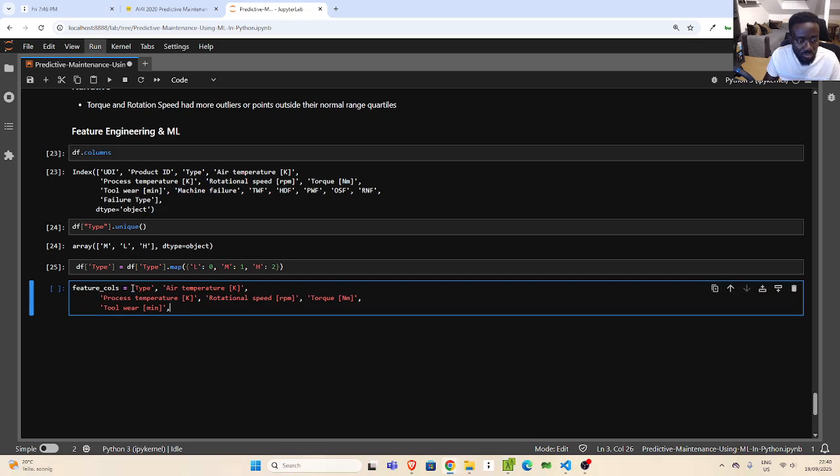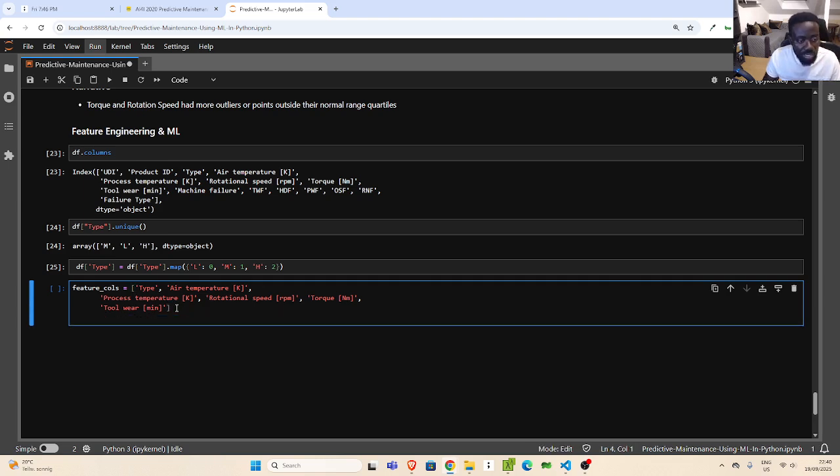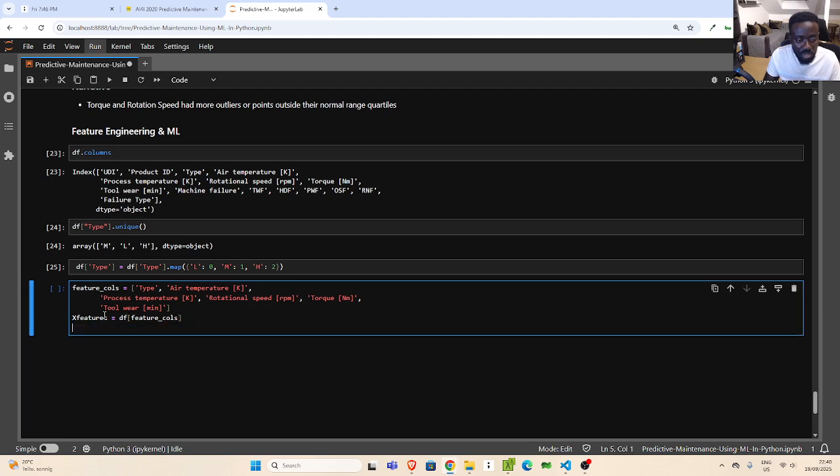So these are all the feature columns that we need for our data set, right? And then we can now go back from this place and do my S features. It's going to be my df, then feature columns. So this is going to be our feature columns, and then our Y labels is going to be, so here